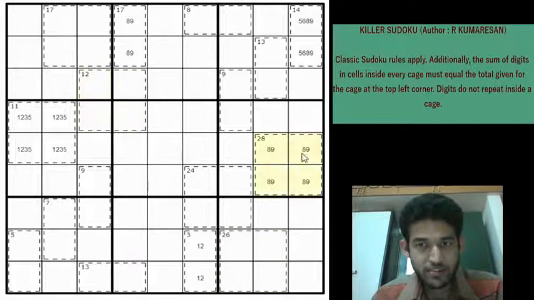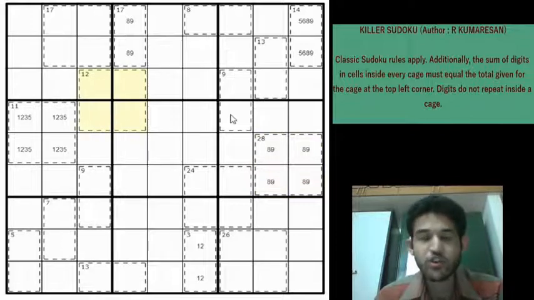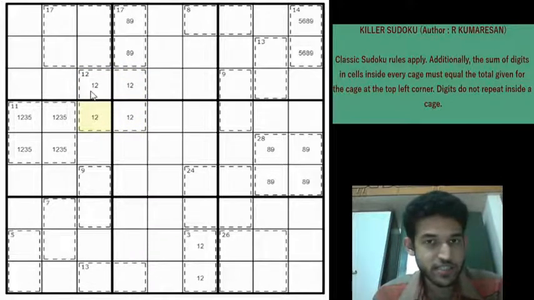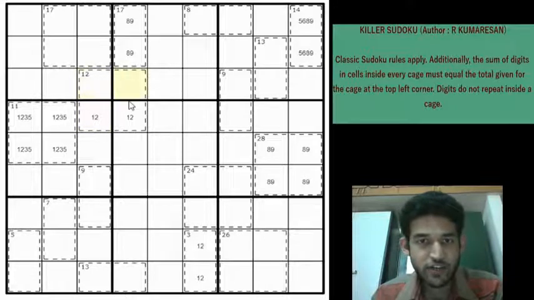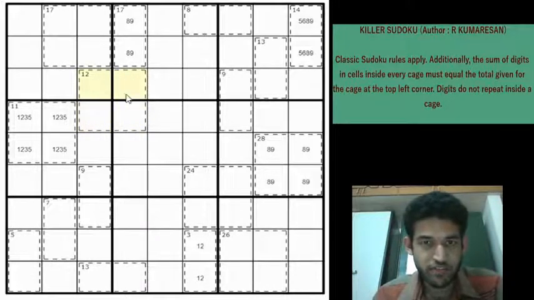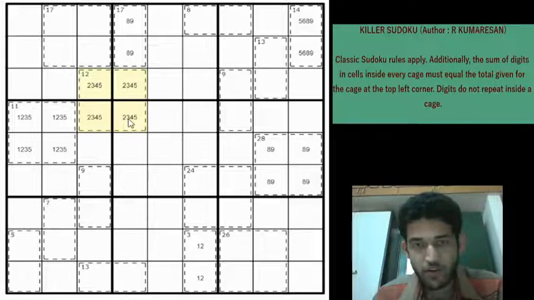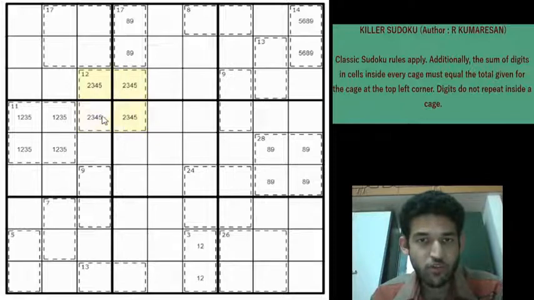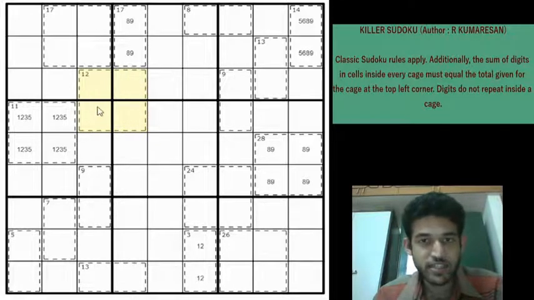Now, just like we had some information here, in a killer Sudoku, if you have a 12 cage with 4 cells, you can mark blindly that 1 and 2 must be inside those cages. Because if you don't have either of 1 and 2, or in fact both, then you will have a total which is greater than 12. So for example, let us try to make the total of 12 without the 1 for the first go. You will have 2, 3, 4, 5 minimum because digits do not repeat inside cages. So all digits must be distinct. So you will have a minimum total of 2, 3, 4 and 5, which gives you a 14, which is more than the 12. So now we know for certain that 1 must be inside the 12 cell cage.